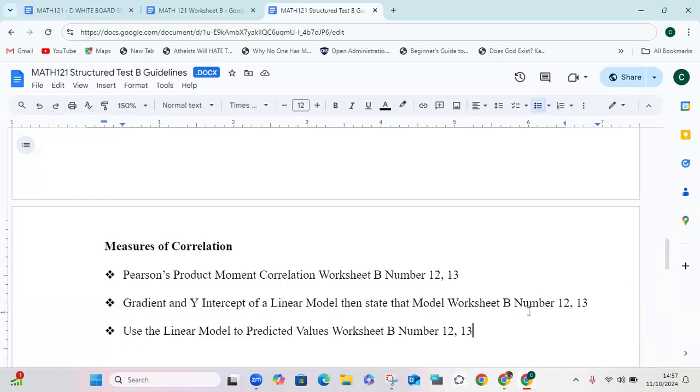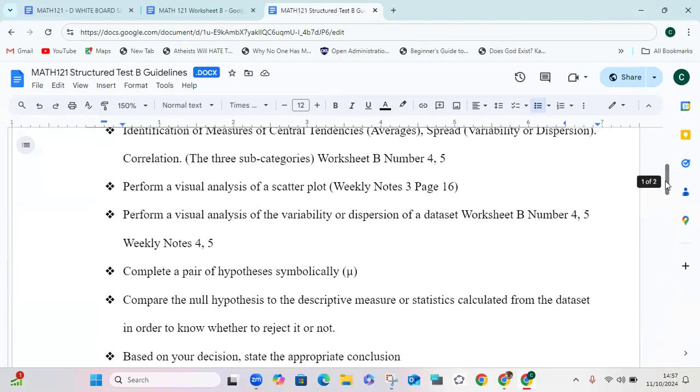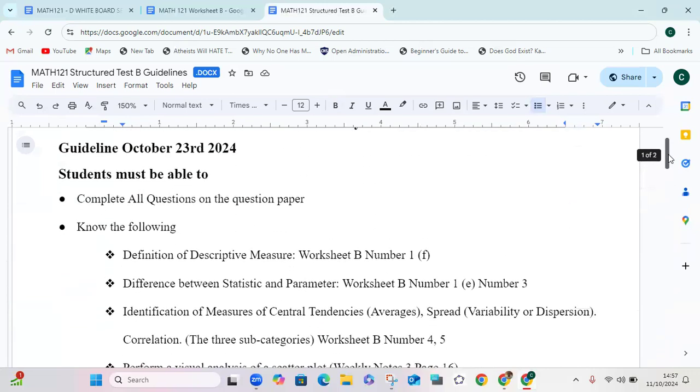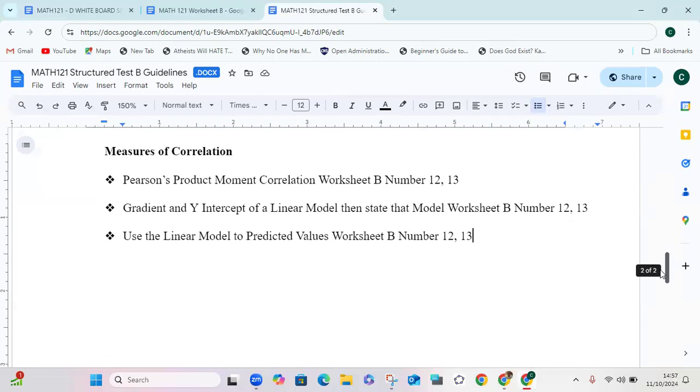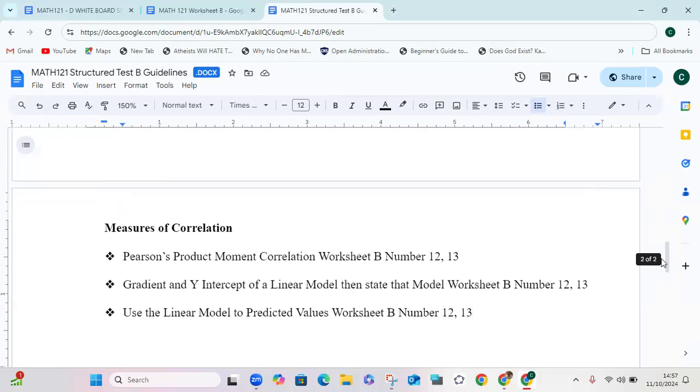So you need to practice number 11, 12, 13, and 14 for sure. And for definitions, check out the first set of definitions that you need to know. Focus on these: descriptive measures, parameters, and statistics. Okay? And just complete worksheet B with the guide of this guideline to prepare you sufficiently for evaluation B,